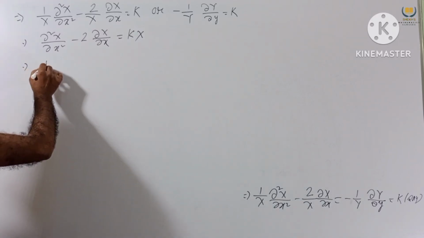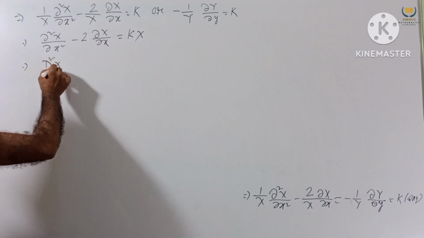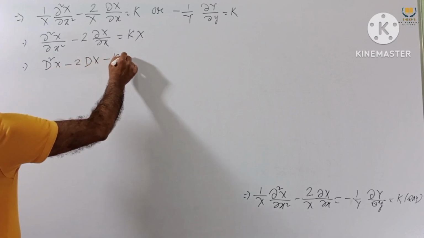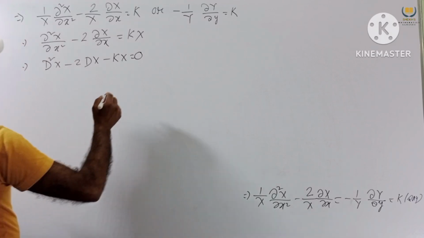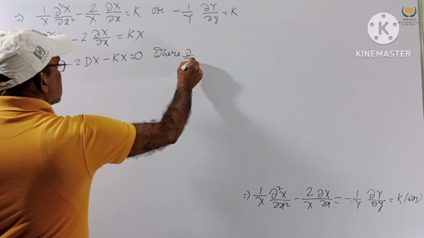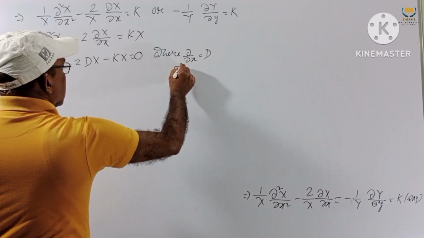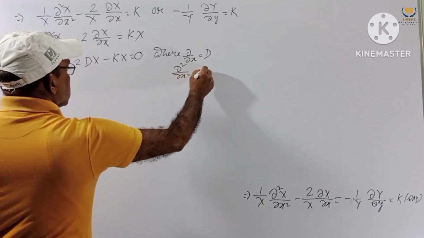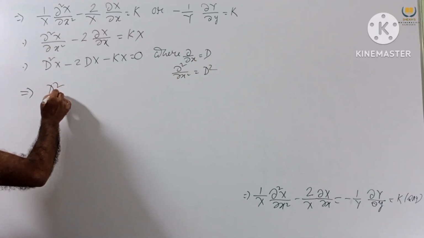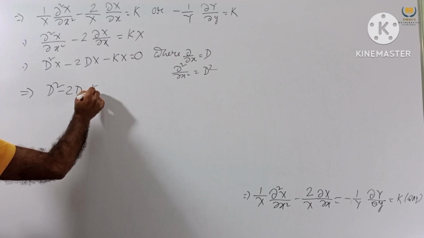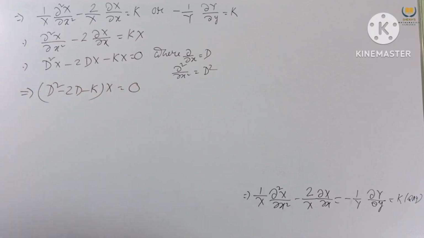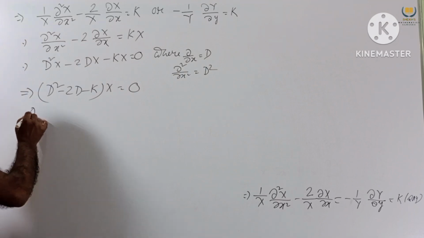So this one, ∂²x/∂x² − 2 ∂x/∂x − kx = 0, where ∂/∂x means capital D, and ∂²/∂x² means capital D squared. So this implies (D² − 2D − k)x = 0. We get this. Now the auxiliary equation